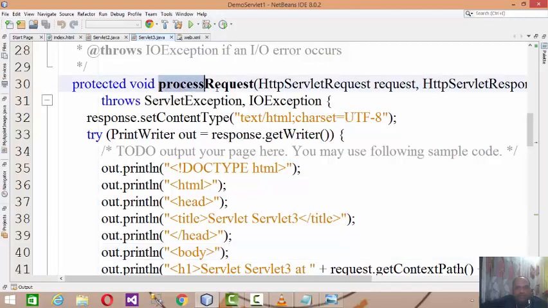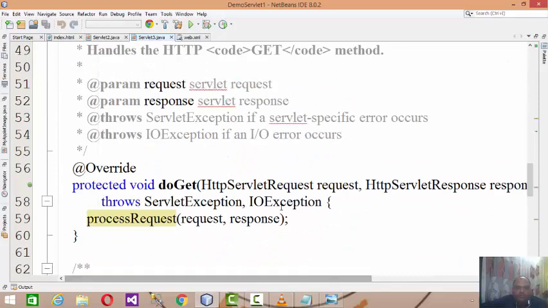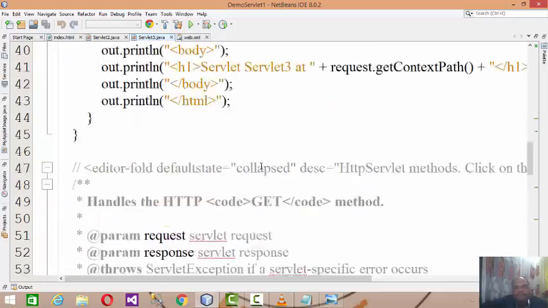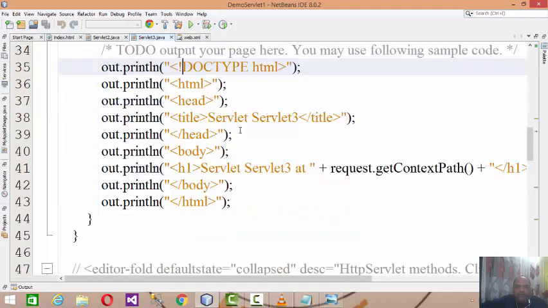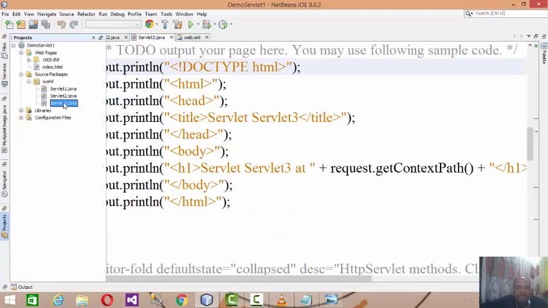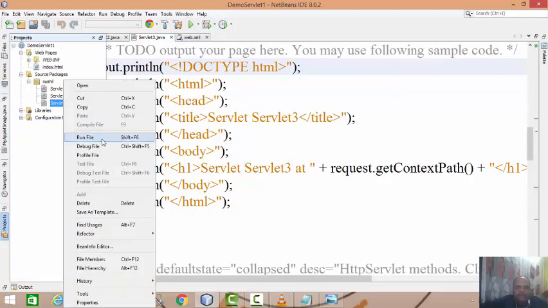Actually the request comes to processRequest first, and then it goes to doGet and doPost as per the method used for posting the data. Anyway, now if I run this servlet right now,